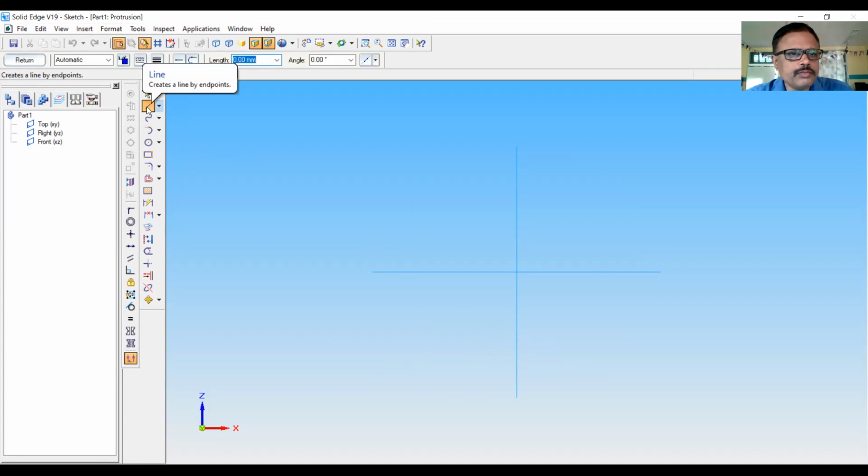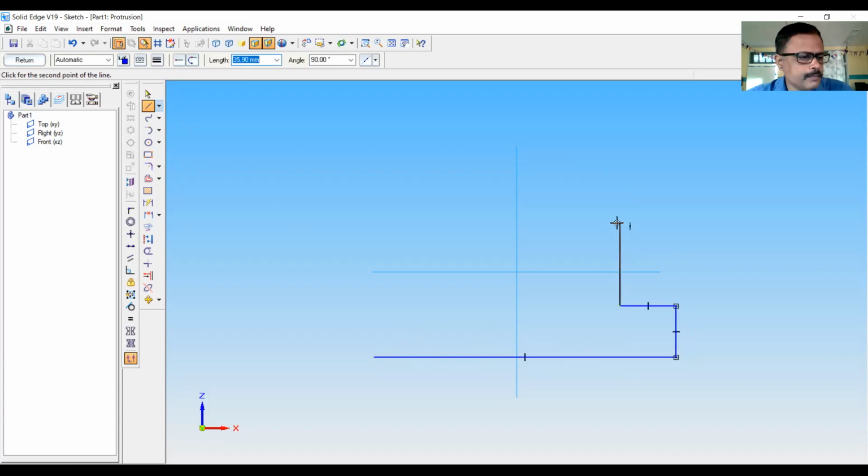So start from the line command. I am drawing the profile, and then do the dimensioning.